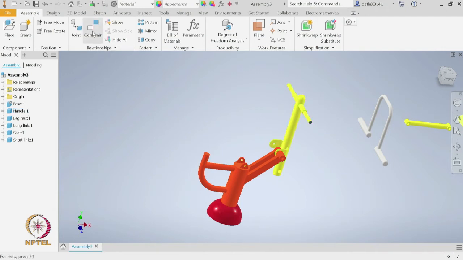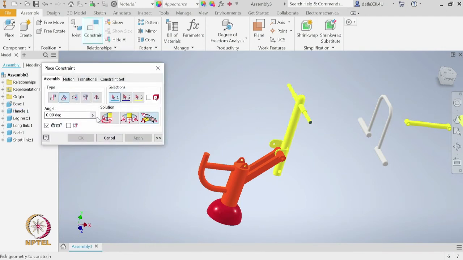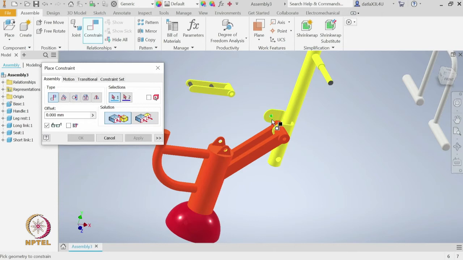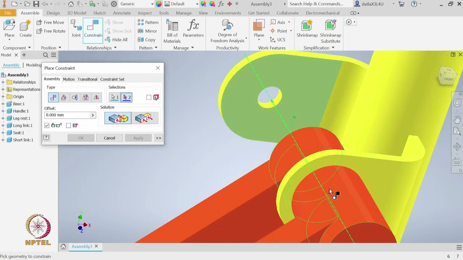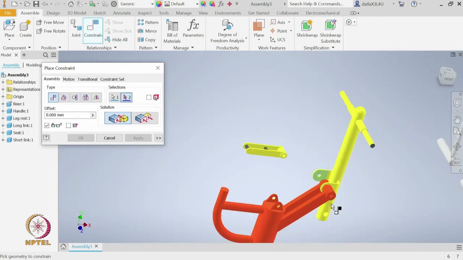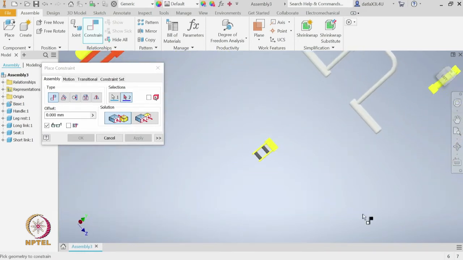For that I will apply an angle constraint using this directed angle between the axis of the handlebar and the axis of the base, and let us specify it as 0 degrees and apply. Okay. So, we are mating this surface of this thing with the other side of the base.